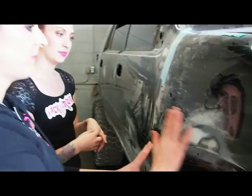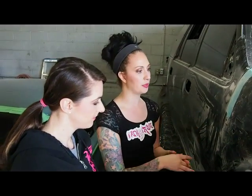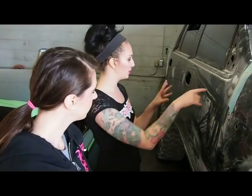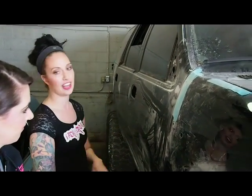So after that, do you paint the entire fender, or do you just paint the portion? Because I feel like that would be really hard to do. Right. How does that work? So yeah, you're correct. We would paint this entire fender. In the case of this truck, we're actually painting the whole truck. We're just fixing various spots throughout it, and then the whole truck will get sanded, and the whole truck will